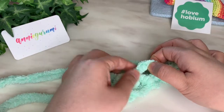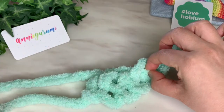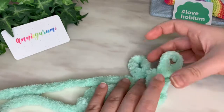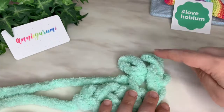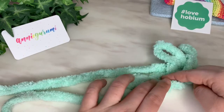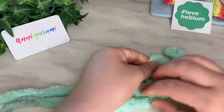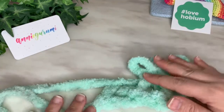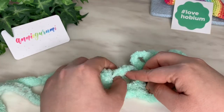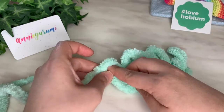We go to the next one right there, and we're going to take that yarn from the yarn ball and draw up a loop just like that. And 1, 2. Now we go into the next one here. So right there, you can see right there. And we're going to draw up the loop just like that. Okay. And then we draw up into the next one. So you take your time with this. It's no rush. It's totally fun. And then the last one here,